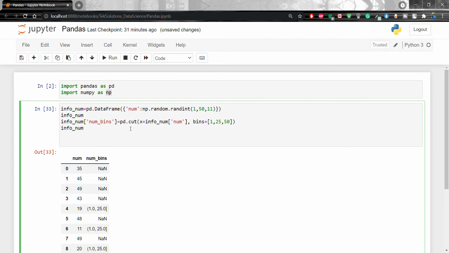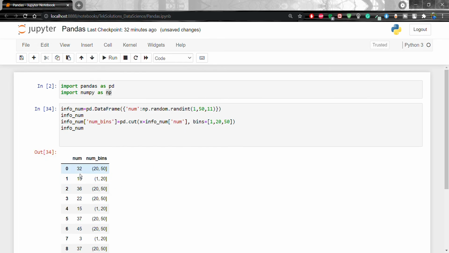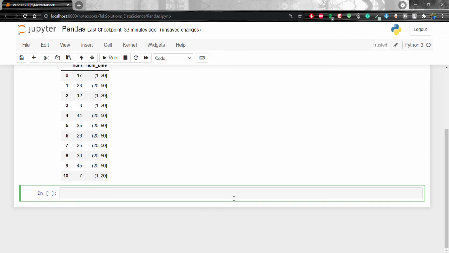Let's shift enter, and no value is NaN, because we have the range 1 to 50, and we have divided it into 1 to 25 and 25 to 50. Now if we divide it into 1 to 20 and 20 to 50 and shift enter, 32 is in the range 20 to 50, but 15 is in the range 1 to 20. So this is clear. Let's go with another example.